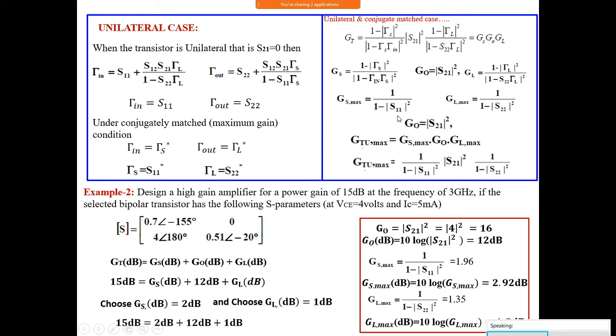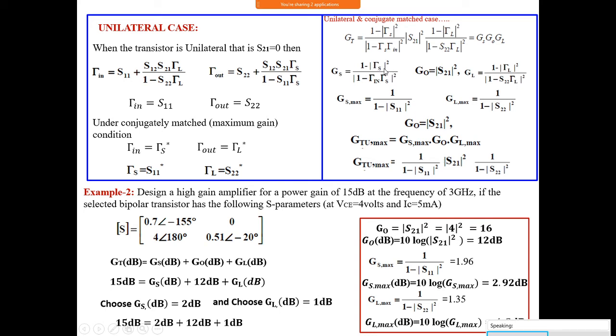We will be getting S11 magnitude square. Similarly, this tau s here is S11 magnitude square. Here is a square root, square is there, so one will be cancelling in the denominator. You will be getting 1 minus S11 magnitude square. See this, if you take only this, it is S11 magnitude square, and 1 minus S11 magnitude square whole square is there in the denominator.